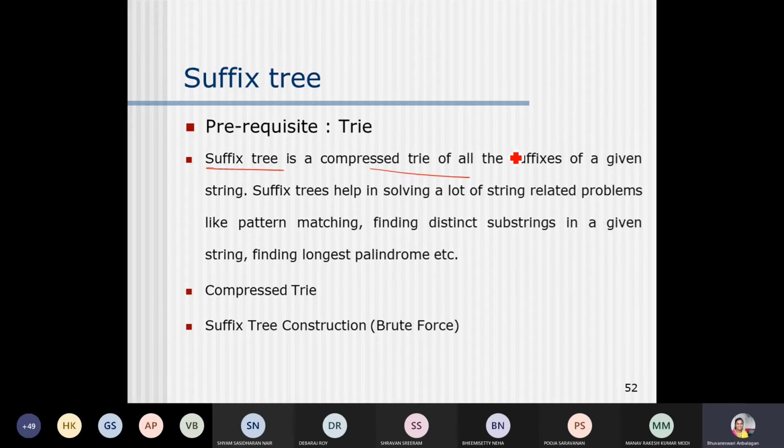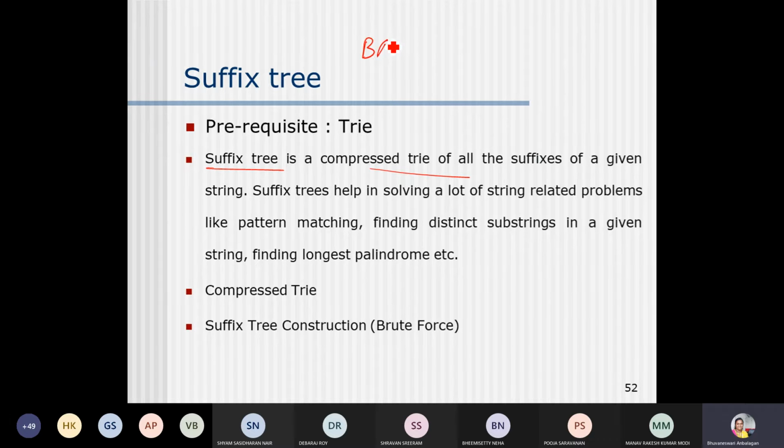So where will the suffix tree be helpful? If you want to identify some distinct substrings, and if your input text has some substrings which occur repeatedly more than one time, or there are some words which are common.